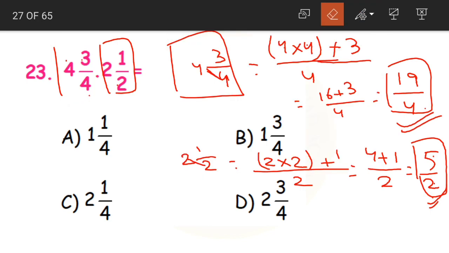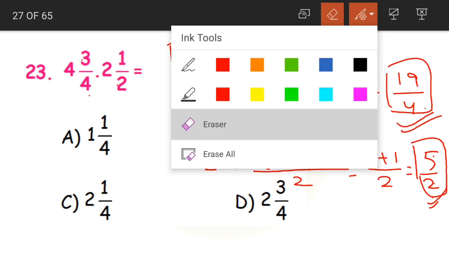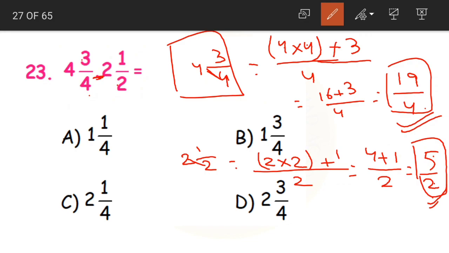Here there has been a small mistake, children. In the question there is no dot, it's subtraction, the minus symbol. If in case you get a dot in the exam, remember that dot means multiplication, but here it is subtraction. It was not a dot, it's a printing mistake. Now what are the fractions we have? 19 by 4 and 5 by 2. 19 by 4 minus 5 by 2. Yes, it's not a dot, it's subtraction.